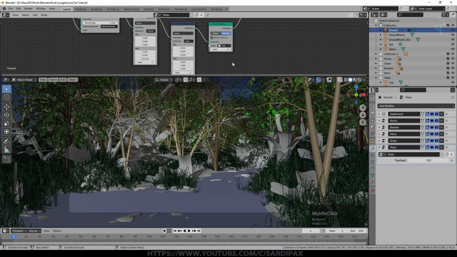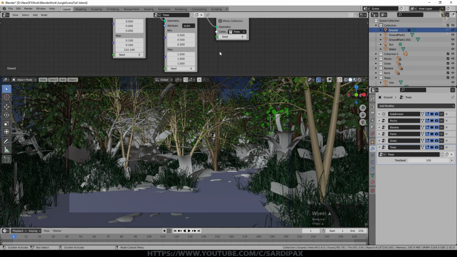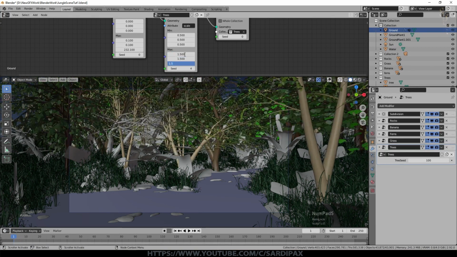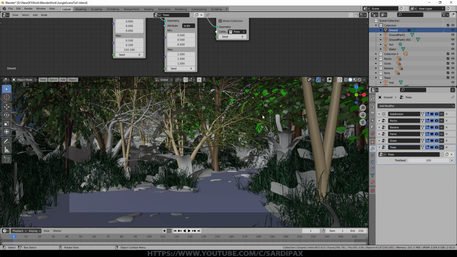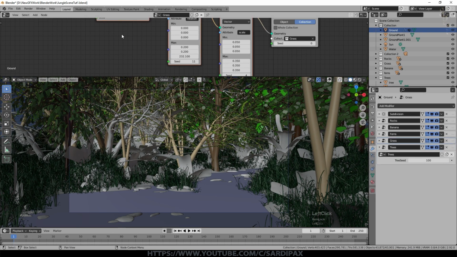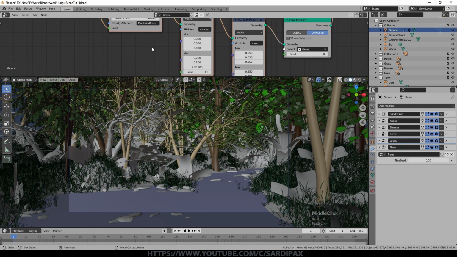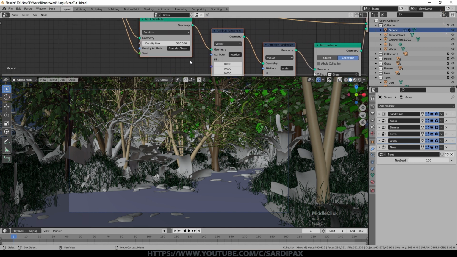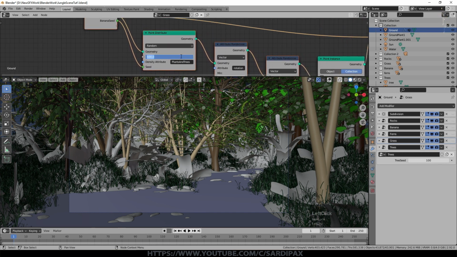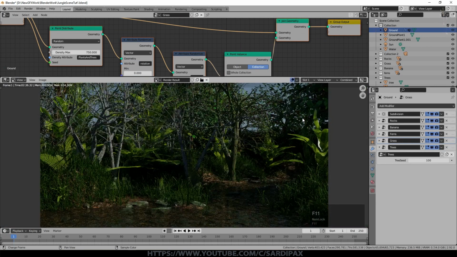So we've got this one here, which is scale. Again, we could drag these outside if we wanted to. So I'm happy with the minimum scale, but let's go to 1.5 on the max scale. So now we're seeing a lot less of the sky. Perhaps the grass could do with being slightly smaller. So we'll go for 0.25 on that. And to compensate for making it smaller, I'll increase the density a little bit. We'll go to 750.